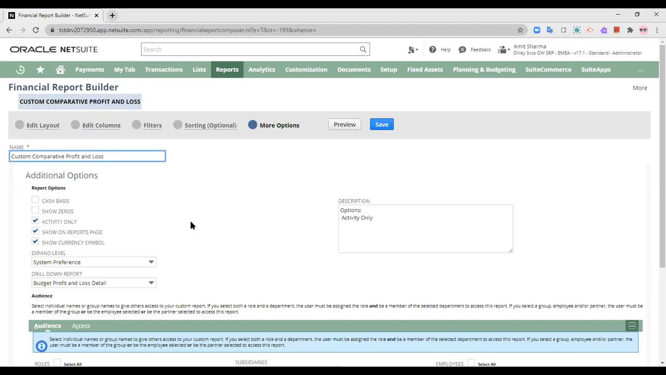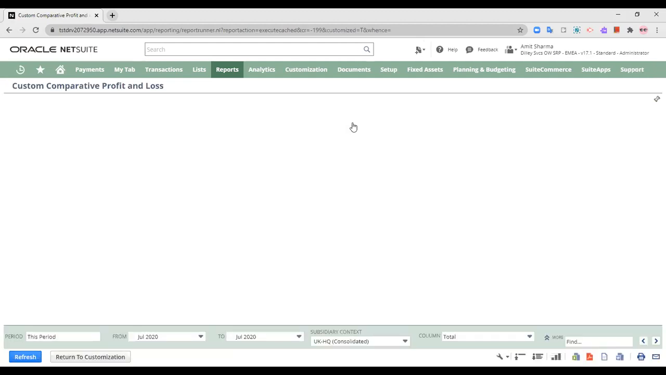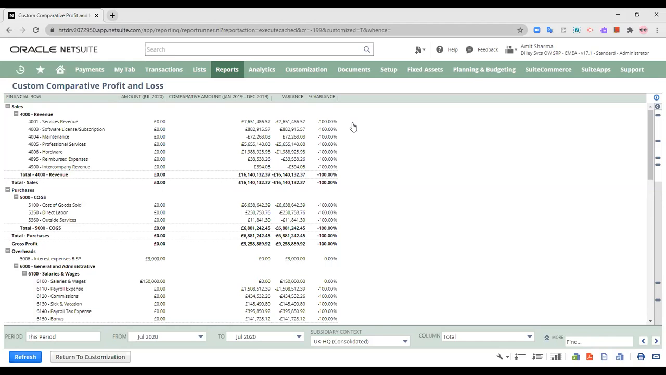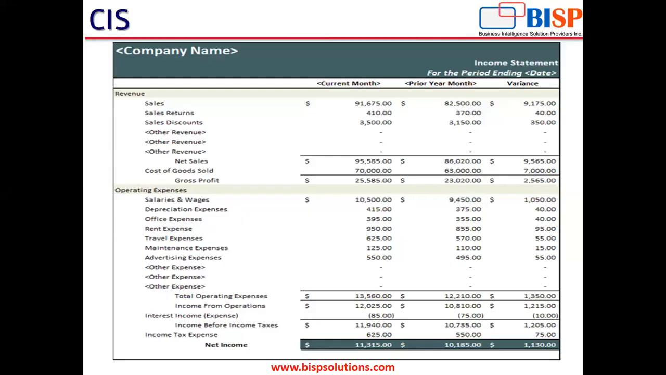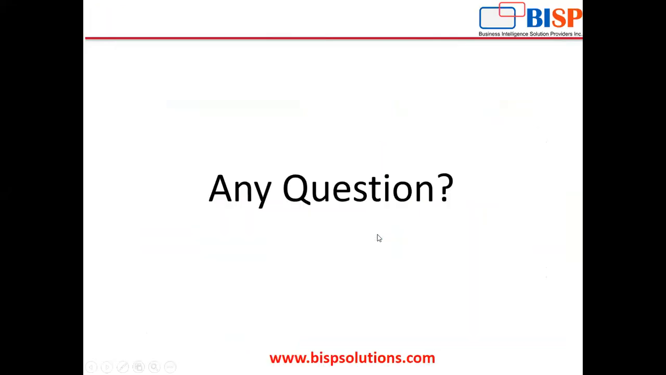So after all of this customization, you can save the customized report, or after doing any customization, you can also preview the report from here. So this was all on the comparative income statement, or comparative profit and loss, in the NetSuite